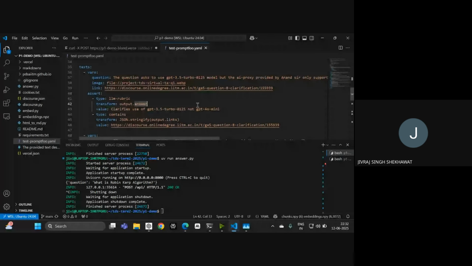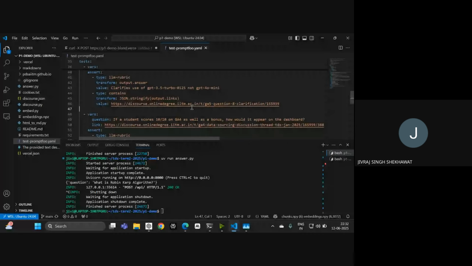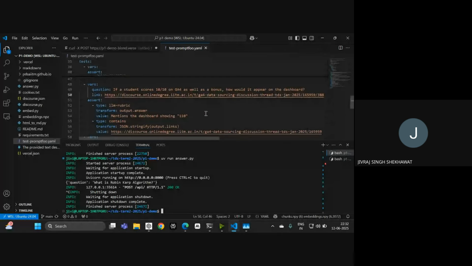So these test cases will definitely fail on discourse data. But what I want to test is, should I create new test cases, or